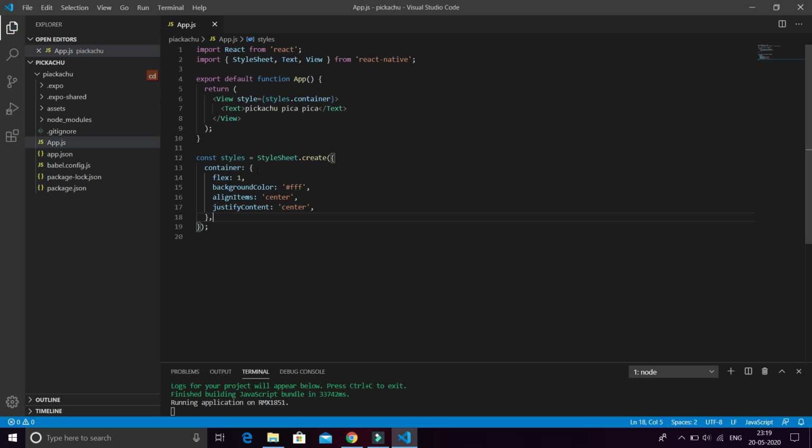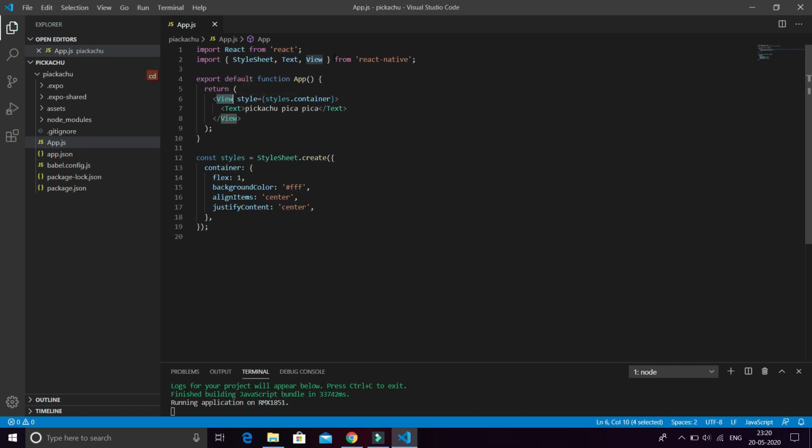So let's talk about some of the stuff written here in App.js. .js is a JavaScript file, and you can see here it just looks like an HTML tag, isn't it? View, which we call div in HTML.